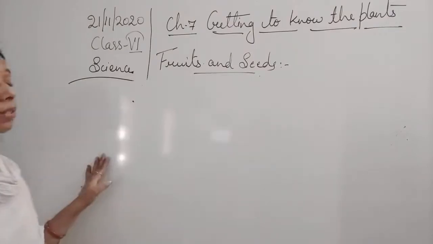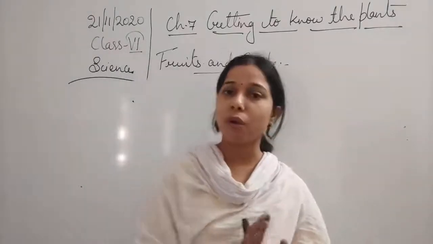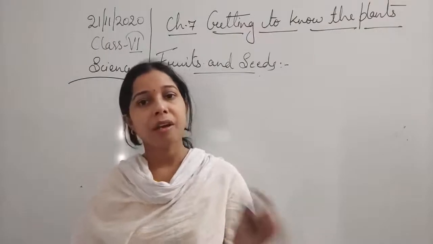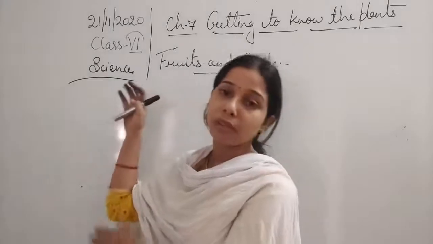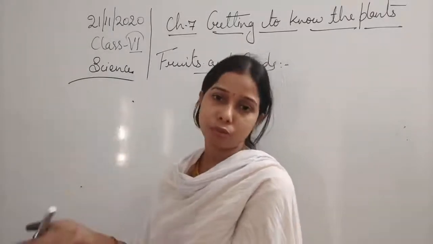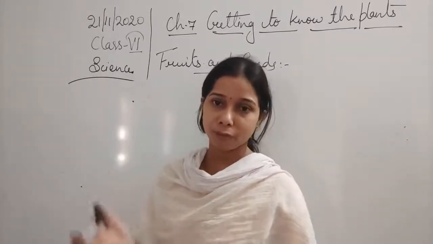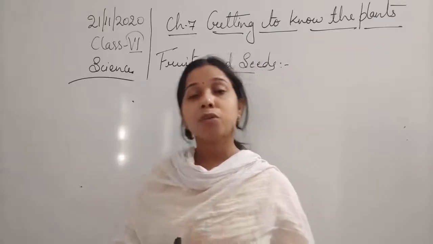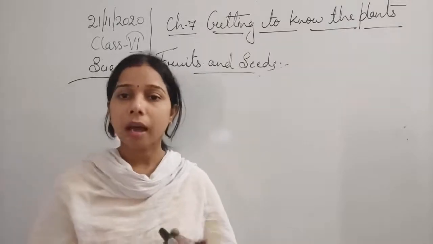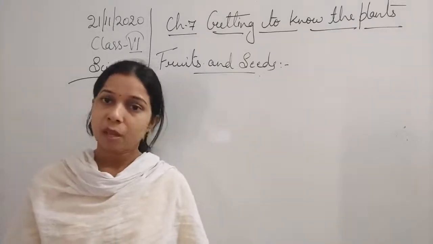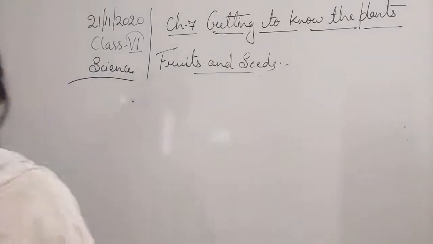Okay, so fruits and seeds are formed from the flower, and in this process, first of all pollination occurs, and then fertilization occurs, and finally the formation of a fruit and a seed occurs, and then you can say the fruits are also formed. Okay, so when the fertilization occurs, seed and fruit formation starts occurring. So the first step for the formation of the fruits and seed is pollination. So first of all, pollination occurs and then the fertilization process occurs. So we can write it.